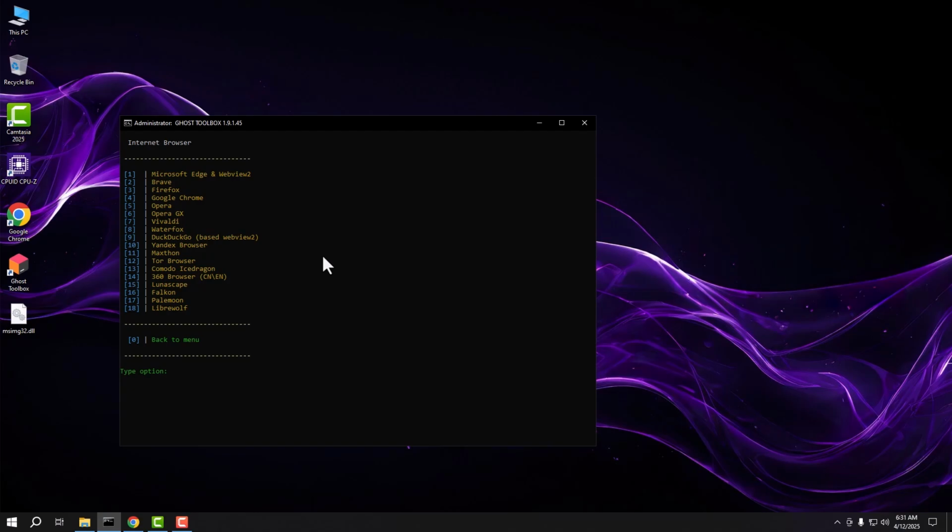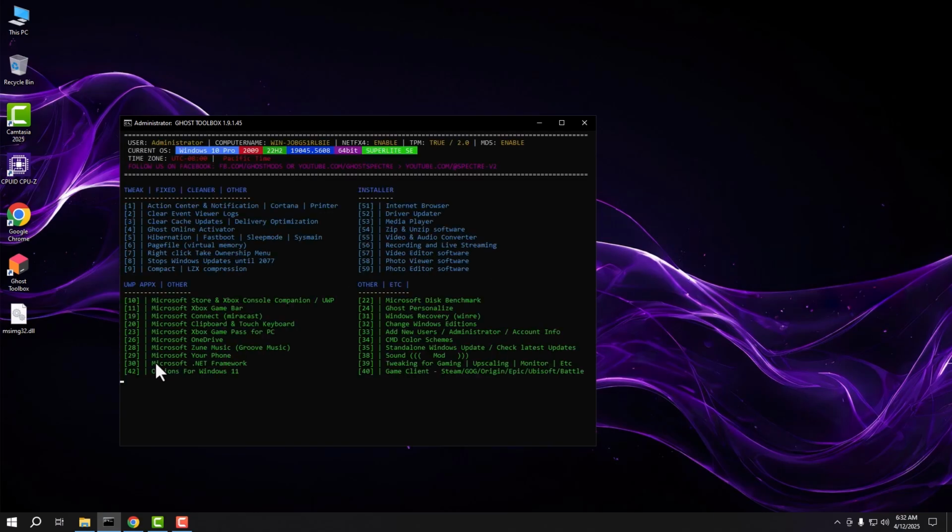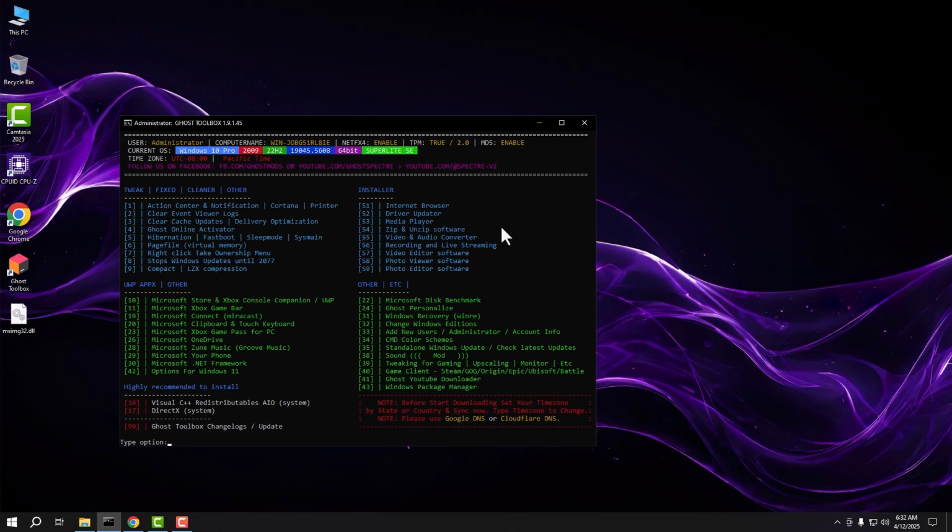All right, so if you want to get back to the menu, as you can see, 0 and enter, and it will lead you back to the menu. Okay, as you can see here, you've got many options for Windows and Visual C++, and DirectX, and anything you need in the toolbox from Ghost Spectre. Alright,